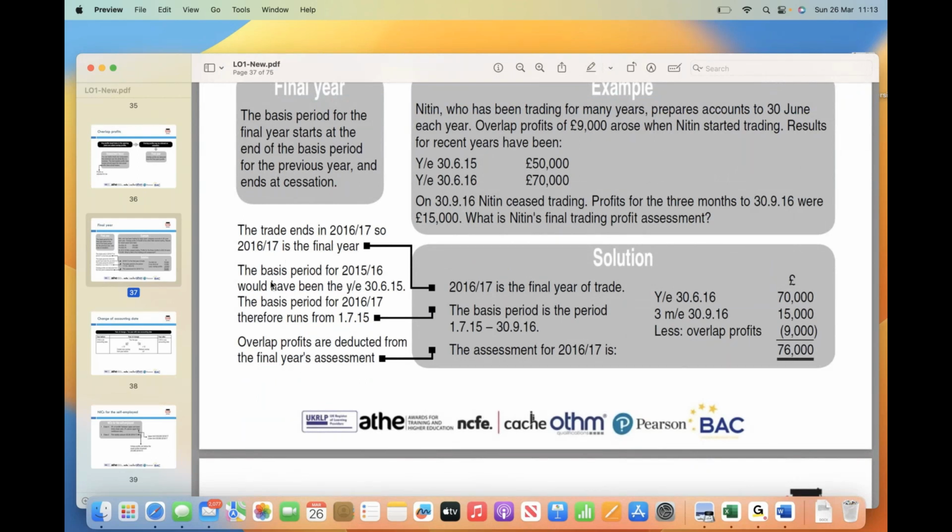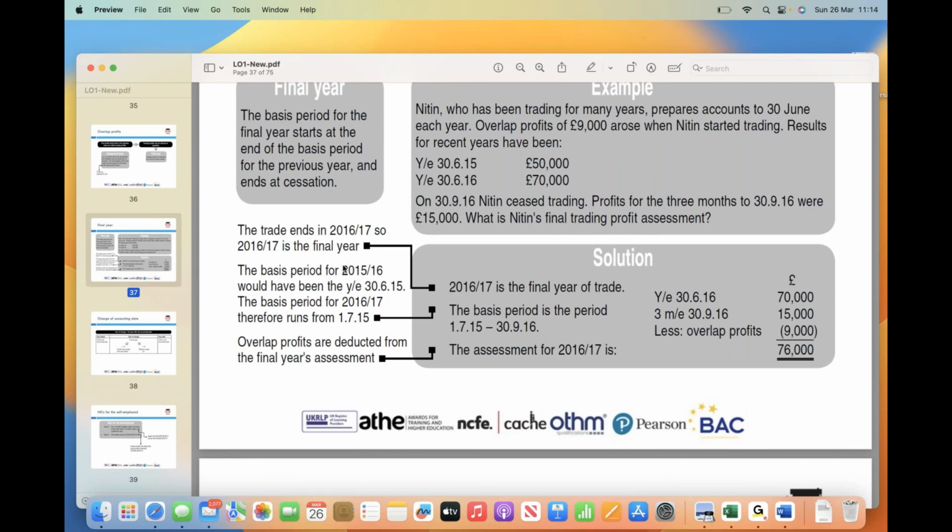The basis period for 15-16 would have been 30th of June. The basis period of 16-17 therefore runs from July 15. So, overlap profit: if a business has been taxed twice on any profit during its early years, those profits are known as overlap. So these overlap profits can be relieved upon